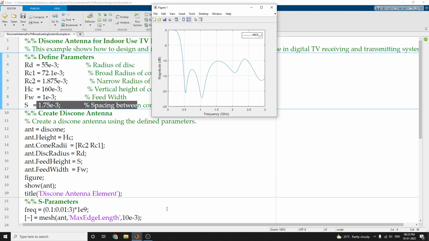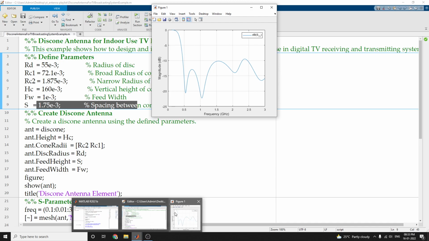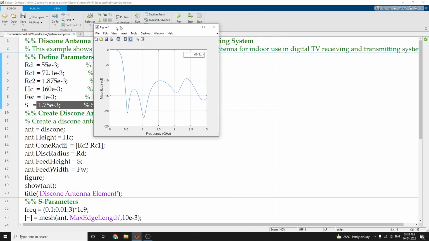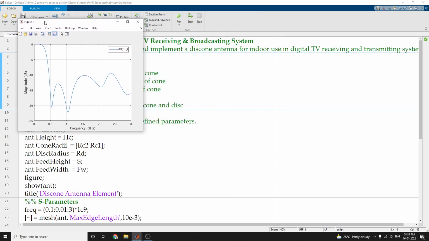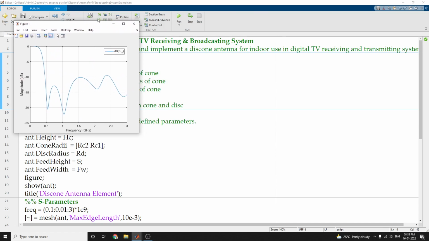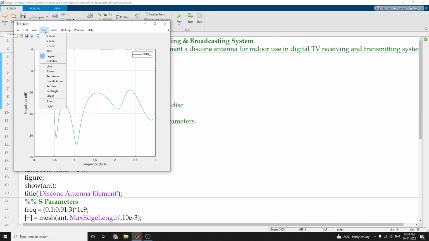Now the output is coming, the frequency sweep calculation is over. First we are getting the S parameter calculation. As we discuss later, here itself you can give the S parameter analysis. Directly you can insert